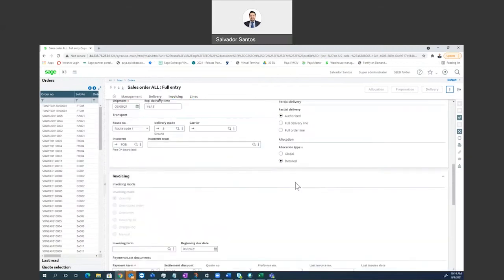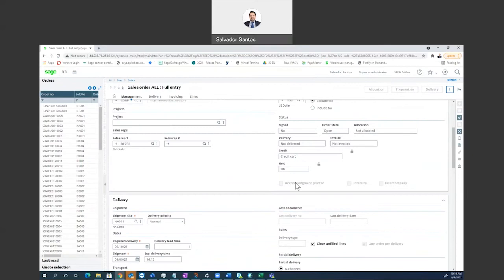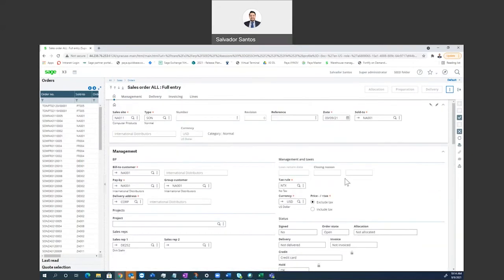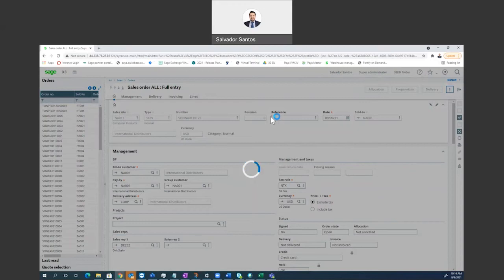Then once you have all this information filled out, everything you were looking for, you're going to go ahead and hit the check mark, which is going to create the order. Once the order is created,